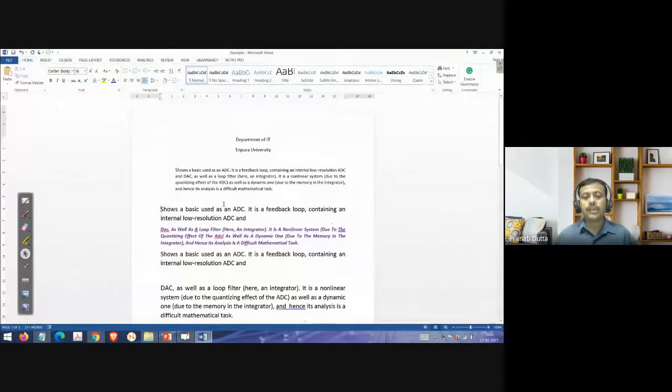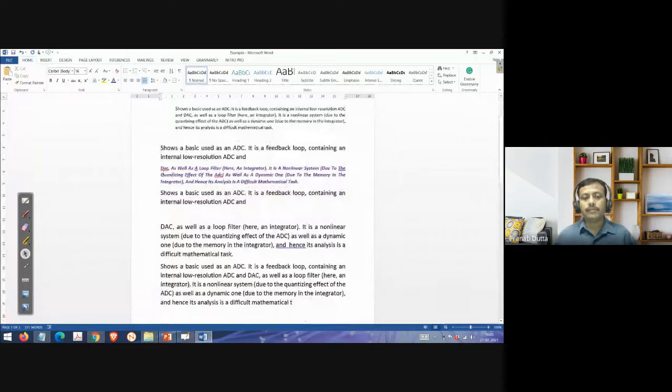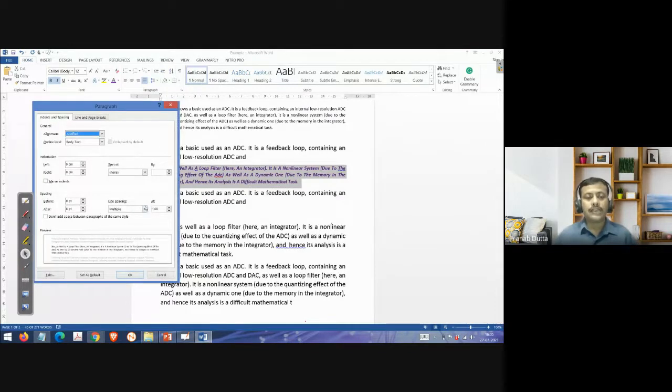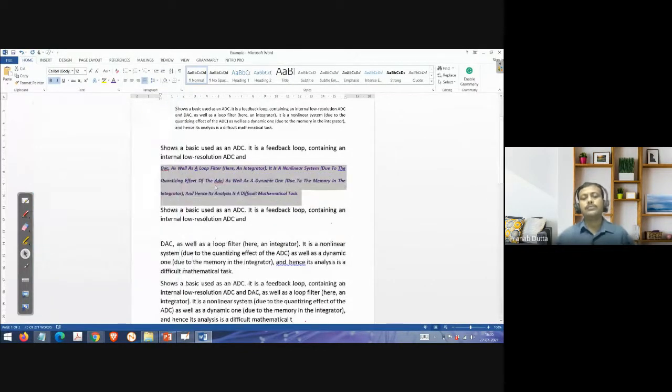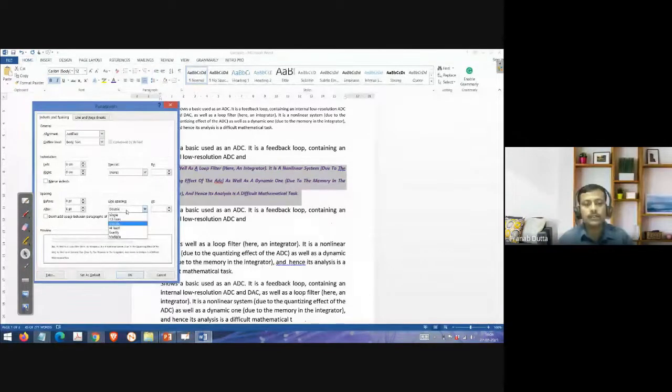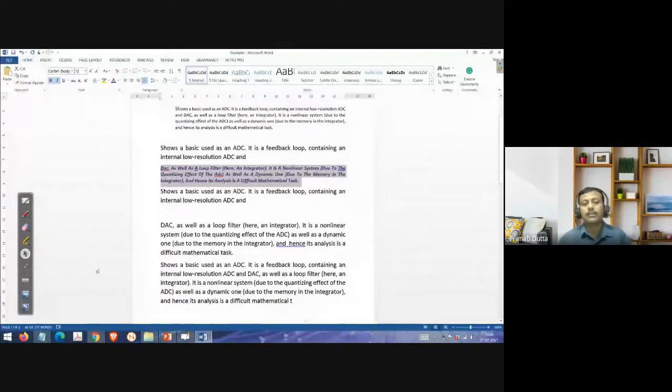By doing this, we can easily take the indent. Another way: suppose I want more gap between these lines, because the gap is very less. We can go to the paragraph, go to the line spacing. Suppose I want double, so I will just click double. Now see, the space has increased. Or if I want only one line space, go there, click it, single line space. So this is how you format the paragraph, how you set the line spacing, indent, and all this.